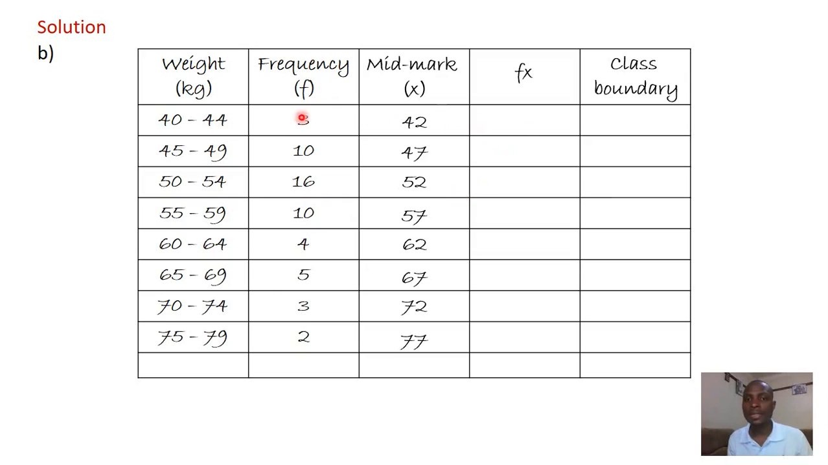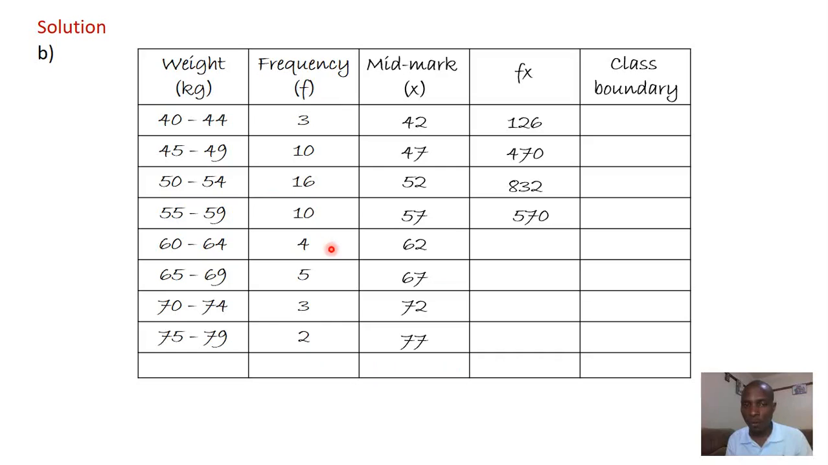Then let's go ahead and also get f times x, that is the frequency times the mid mark. So let's start, let's work out this together. Get your calculator and do this with me in order to confirm the results here. So we have 3 times 42, that is 126. Then we have 10 times 47, that is 470. Then we have 16 times 52, that is 832. 10 times 57, that is